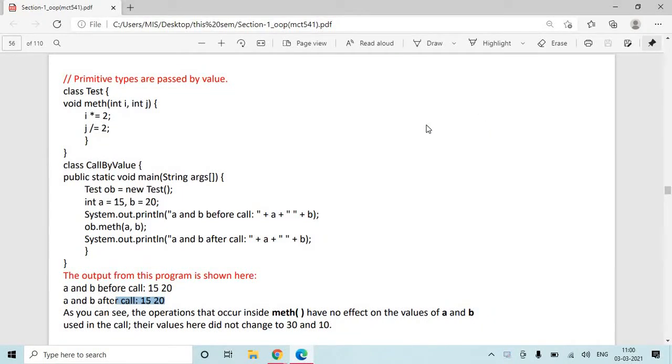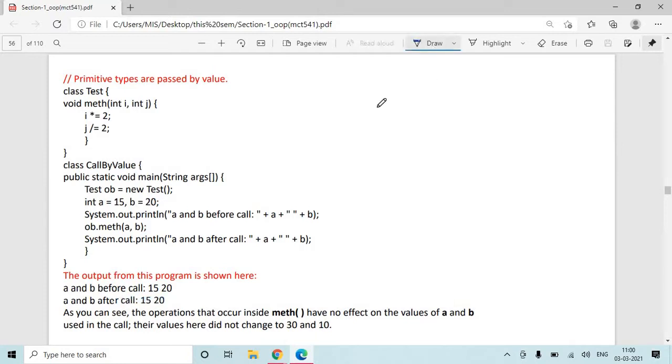So today's topic is, say, call by value. In C++ you might have studied three different topics. First one would be, say, call by value, call by address, and call by reference. So here we will see one example for call by value, how this call by value works.